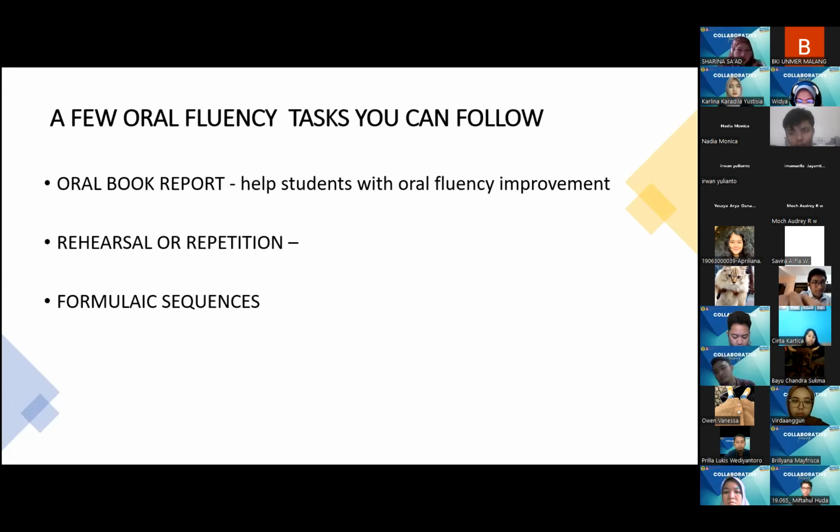Are you staying in the hostel? Are the students staying in the hostel, Bu Karlina? Some of them. Okay, so if you have your friends